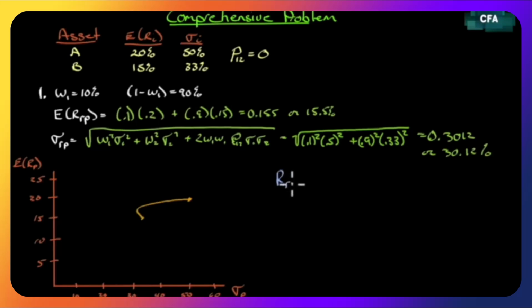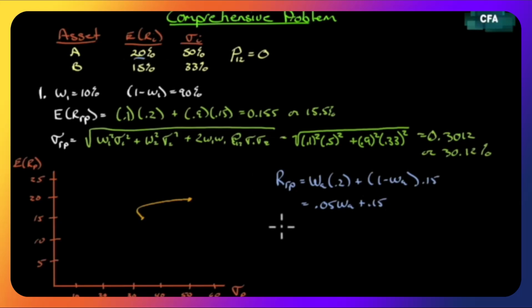The return on the risky portfolio is the weighting on the first asset times the return on the first asset, plus 1 minus WA. If WA is the weighting on the first asset, 1 minus WA is the weighting on the second, times 0.15. And we can solve and simplify. We'll get 0.05 WA plus 0.15. So whatever weighting we have, we can go directly right to the solution. So if WA were 100%, this would be 0.05 times 1 plus 0.15, which would be 0.2. There it is right there, 0.2.